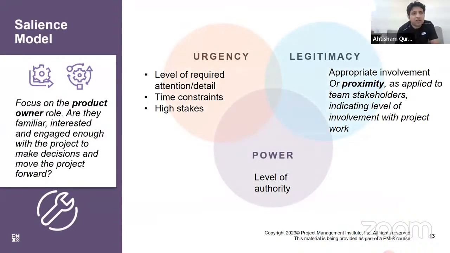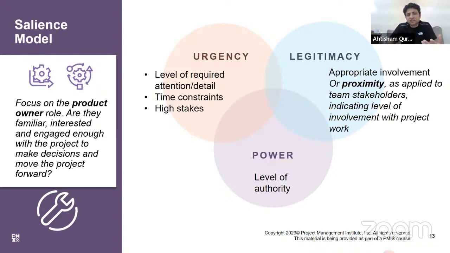So we have a model called the salience model. When we are assessing stakeholders, remember we are trying to assess the stakeholder, and then we will accordingly deal with the stakeholder. In order to assess the stakeholders, we need to categorize them based on the urgency of the stakeholder, legitimacy of the stakeholder, and power of the stakeholder. So what do we mean by urgency? It means that we know that they have a stake. How high their stake is,